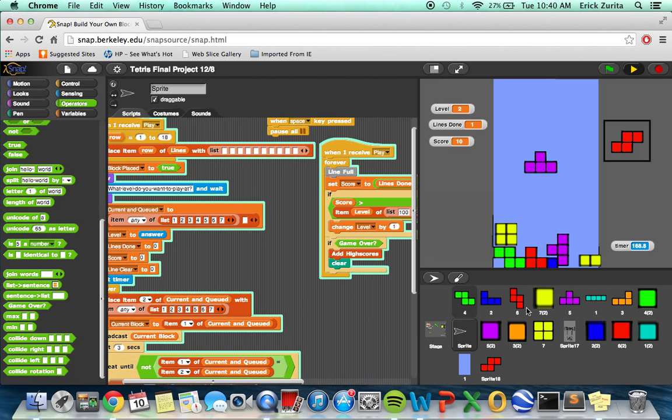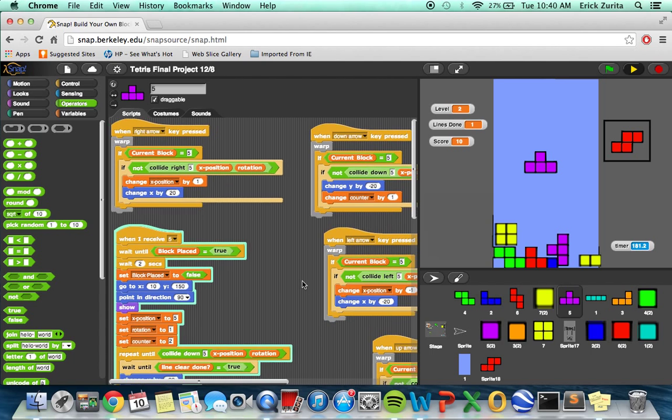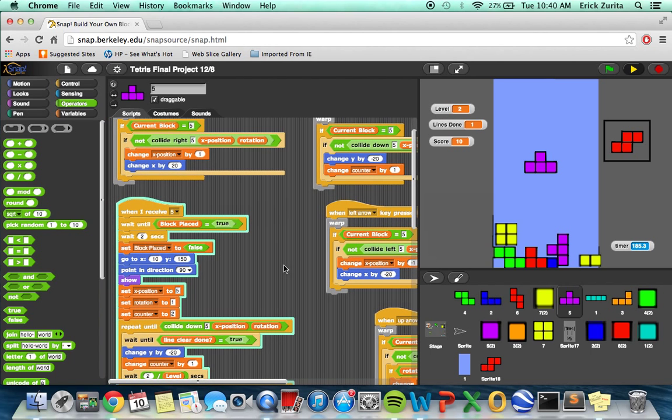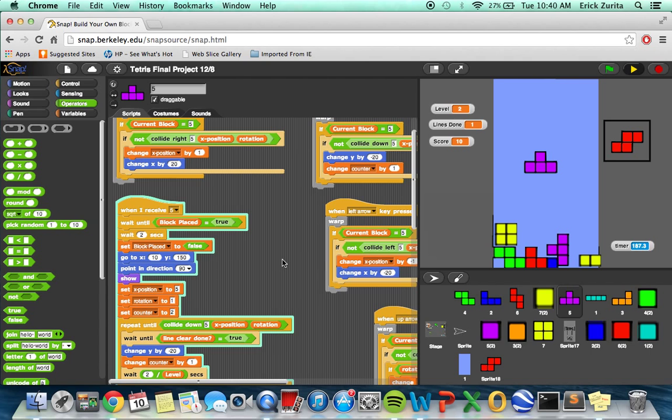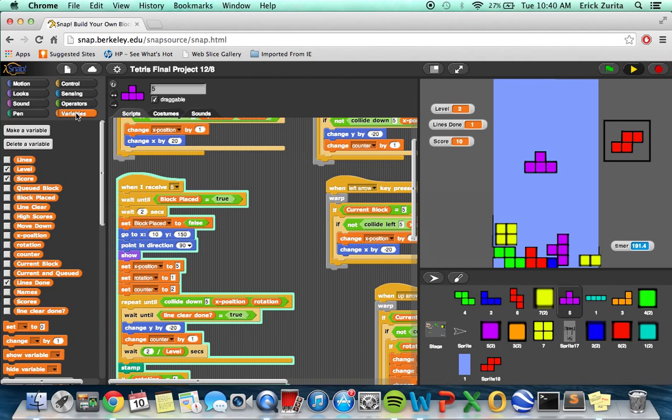And so let's see how one of the blocks works. So you could see you could move it to the right right here with the right arrow. Down will make it go faster, and then the left arrow will make it go to the left, and then finally the up arrow will rotate it if it has any rotation. And the way these things work is with our variable, which is set to a list of lines. So we have lines right here,